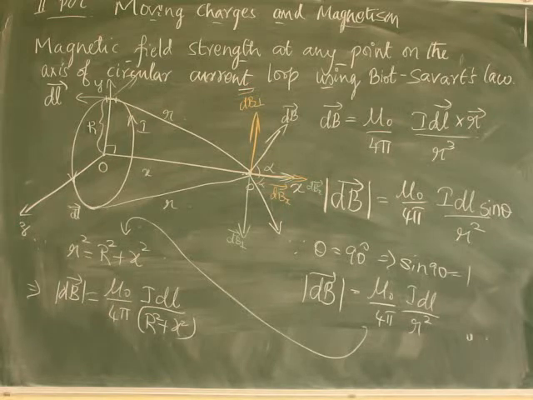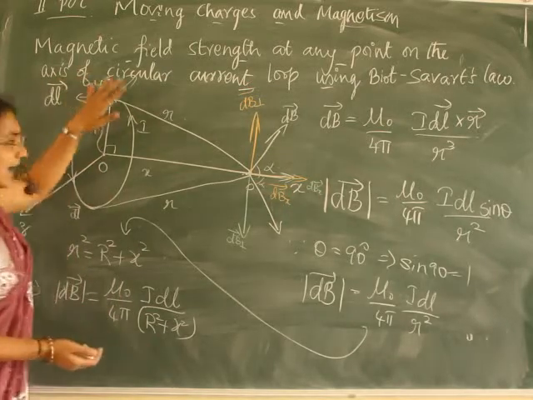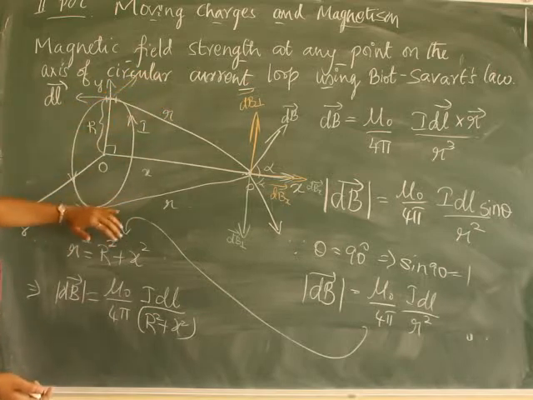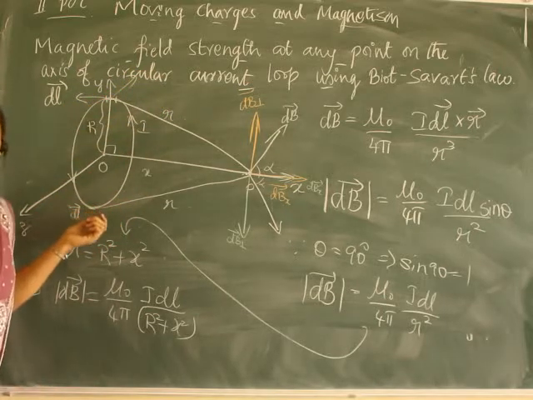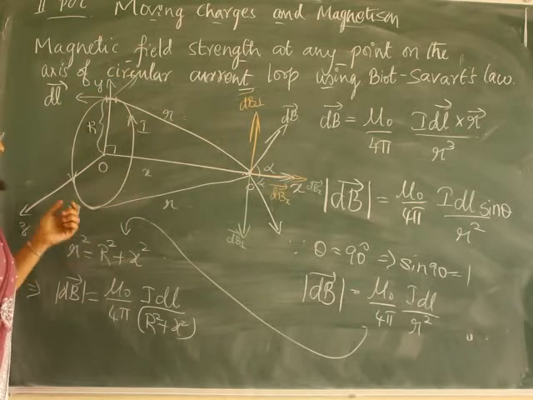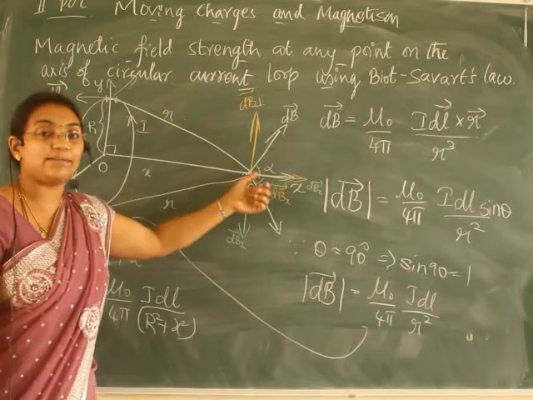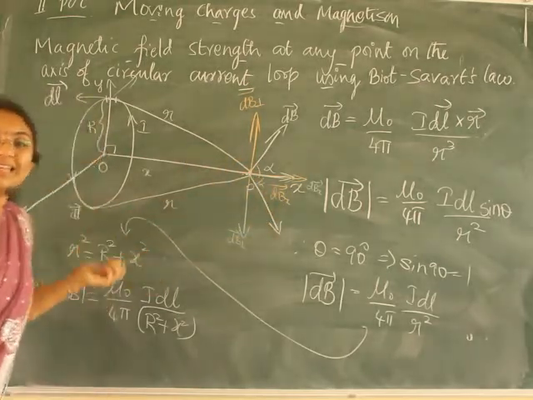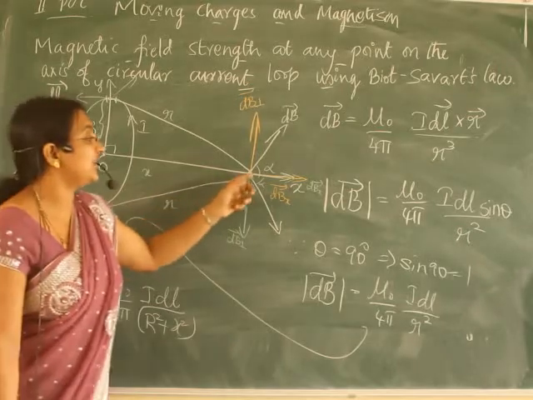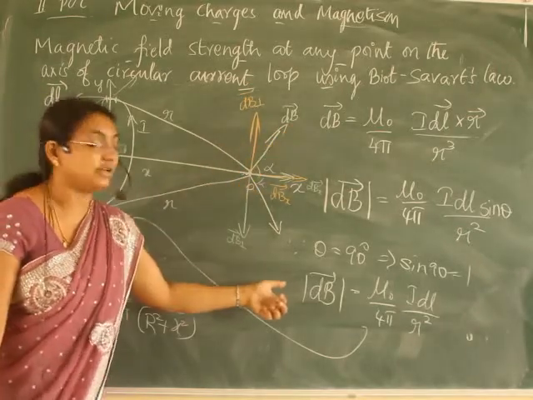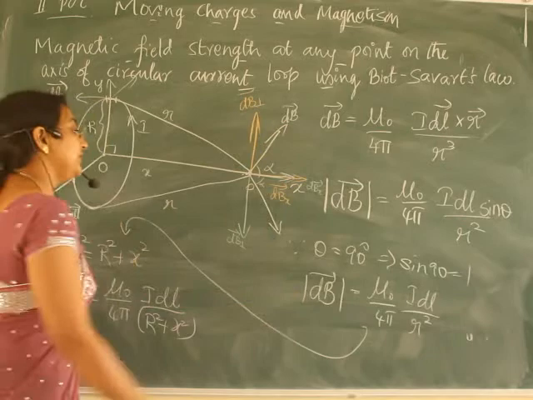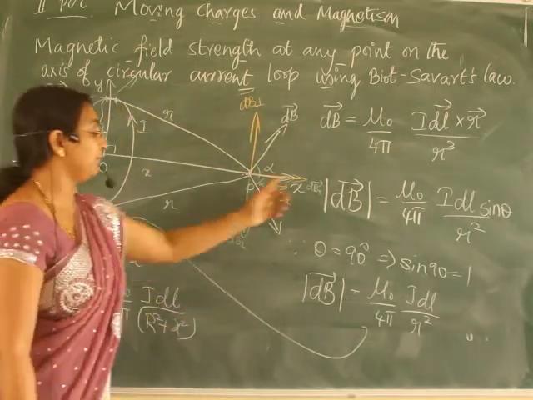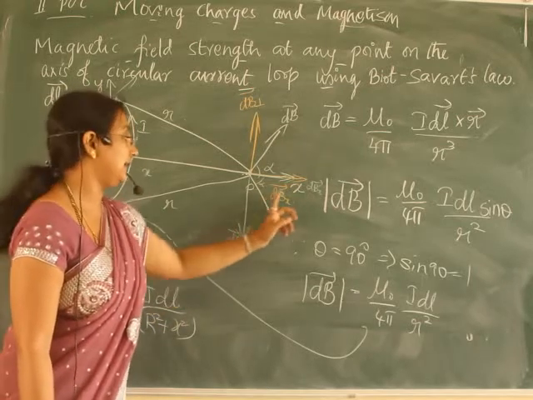How to resolve it? The same way we have considered the element here, in the same way I will consider the diagonally opposite element, that is a dl vector. It's of the same length, dl vector. Because of this, what is the magnetic field at this point? It will also be the same because the length is the same. Only the direction is changed. See, if this is in this direction, then this will be in this direction. So this is also a vector quantity. I will resolve this magnetic field into two components, dB perpendicular and dBx.